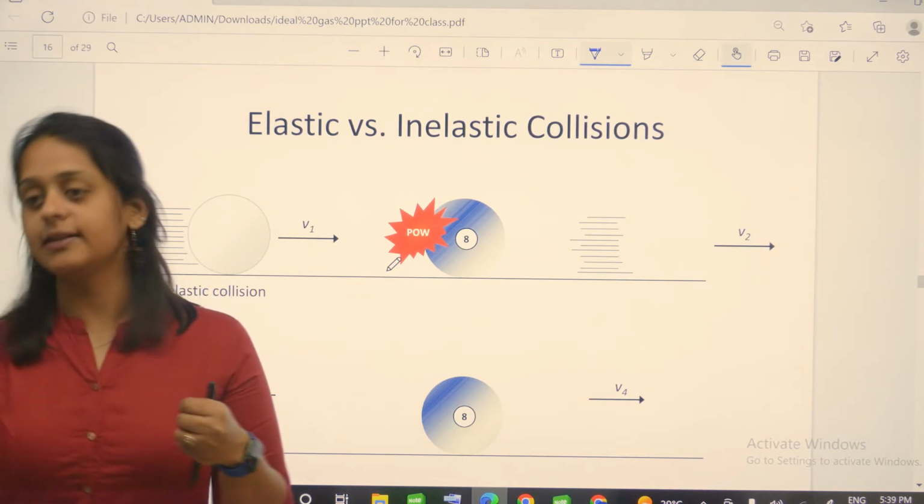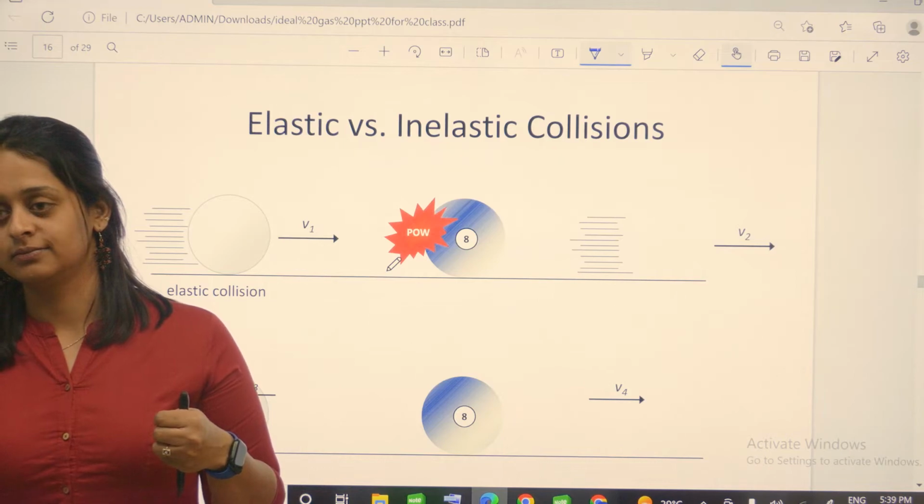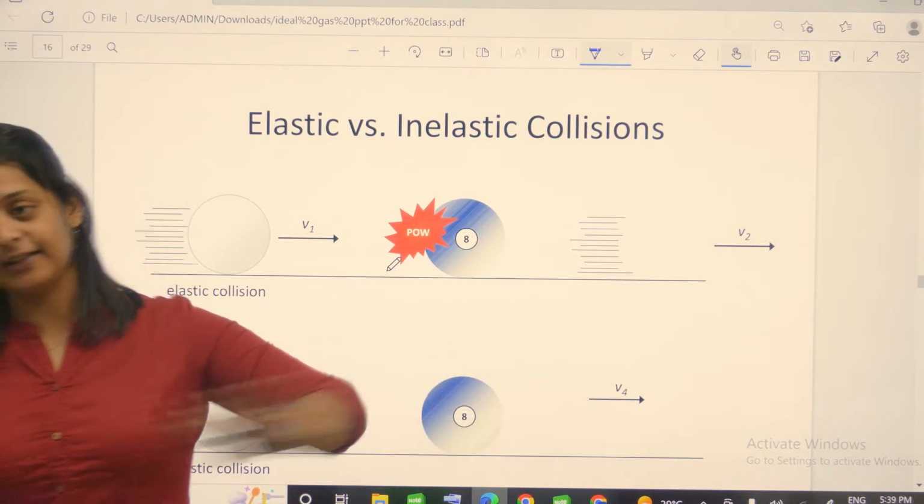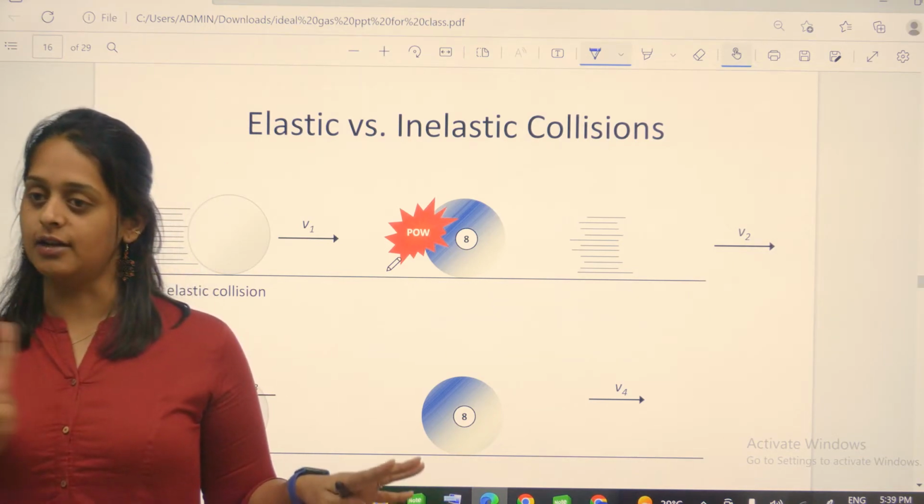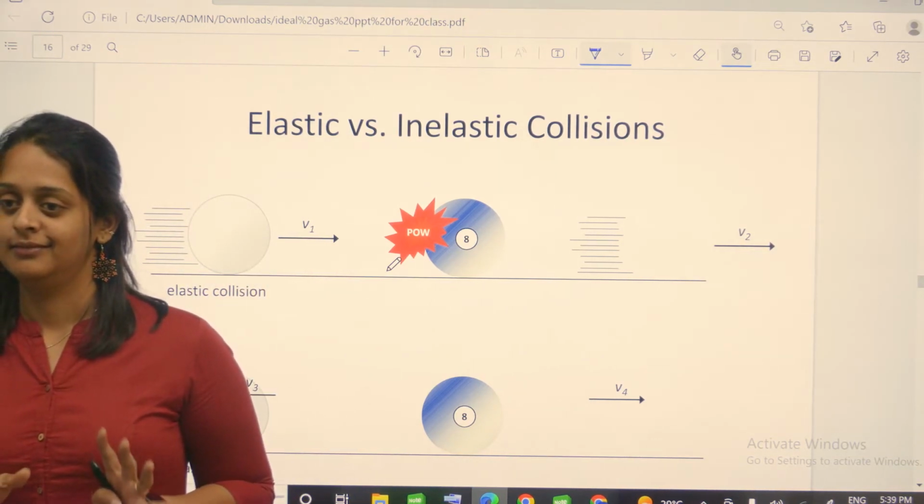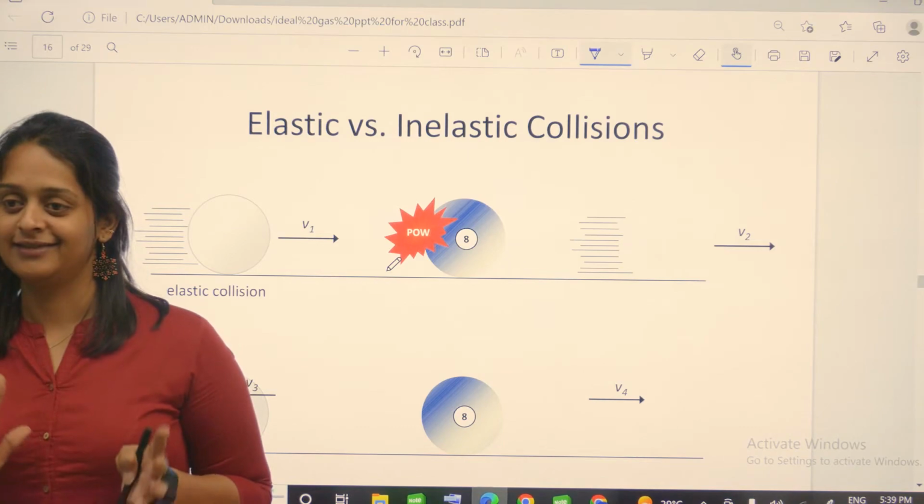इनइलास्टिक में क्या होगा, इसने 1 लूज किया पर इसने 0.8 ही गेन किया, इसने 1 लूज किया 5 मीटर पर सेकंड से अब ये जा रहा है, पर ये 3.8 से ही जा रहा है, 4 से नहीं जा रहा है। इनइलास्टिक समझ आया, नहीं आया? yes, आ गया।